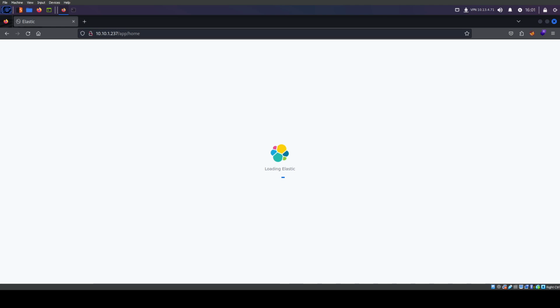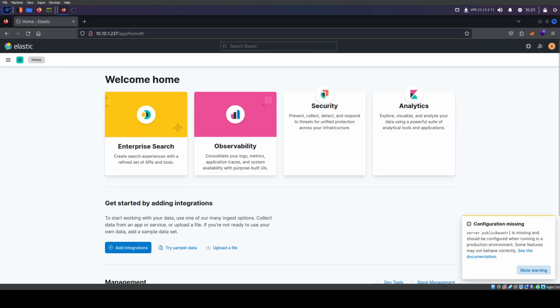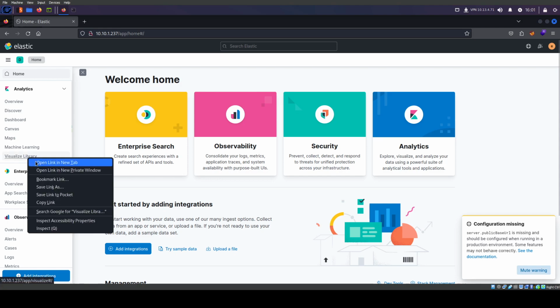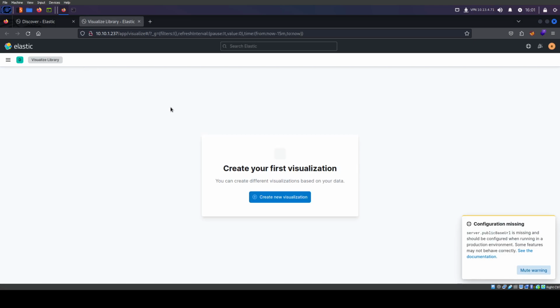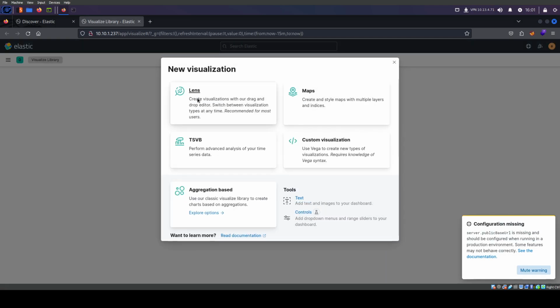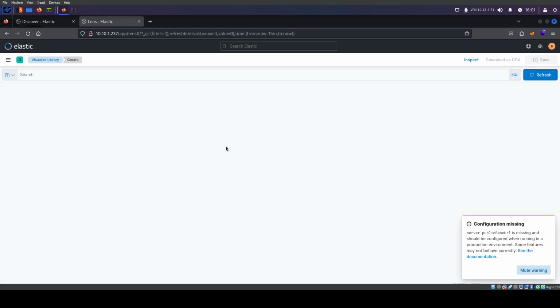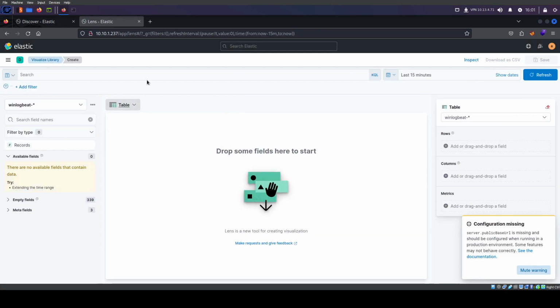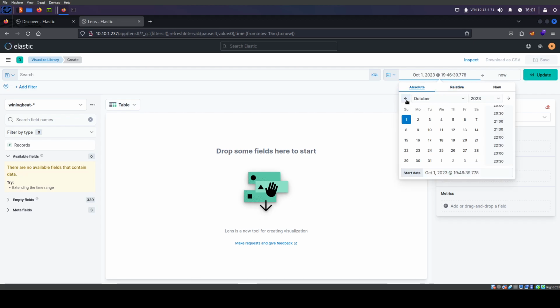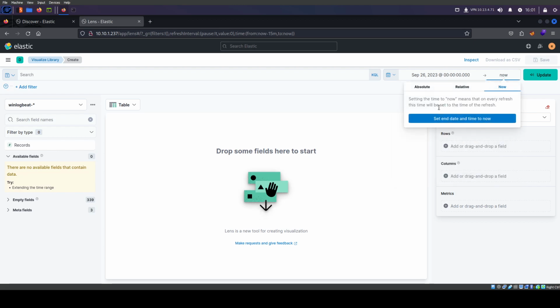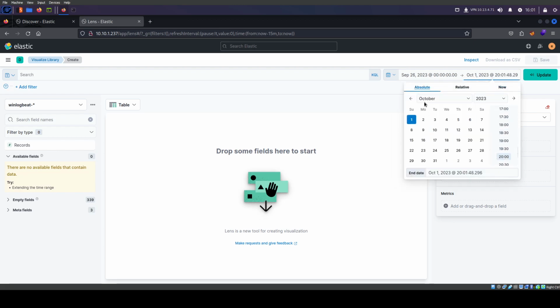A lot of times before starting with the search, because as you'll see in a second, there's a lot to search, I'm going to use one of the tools called Visualize Library, which allows me to look at the top hits of a lot of the items. So create lens, change this to table because it's a lot easier to see. Right now we've got nothing. We have to change our dates, absolute, and it was September 26th. So I'm going to do midnight. You could do until now, but I'm just going to do it for the next day, midnight.